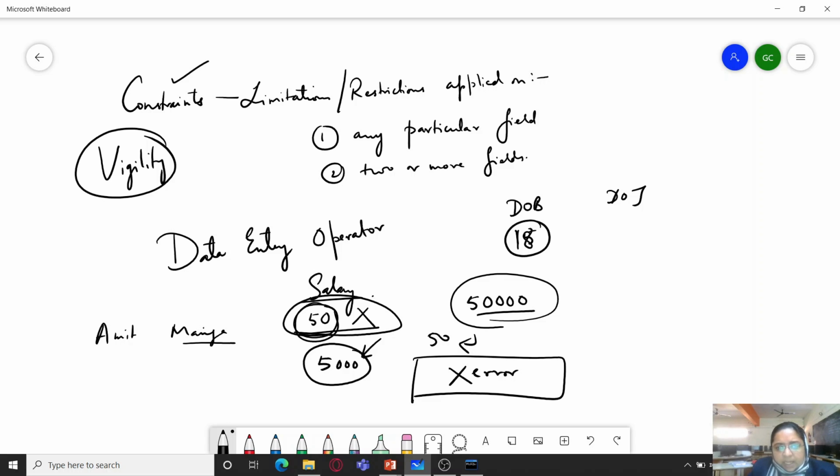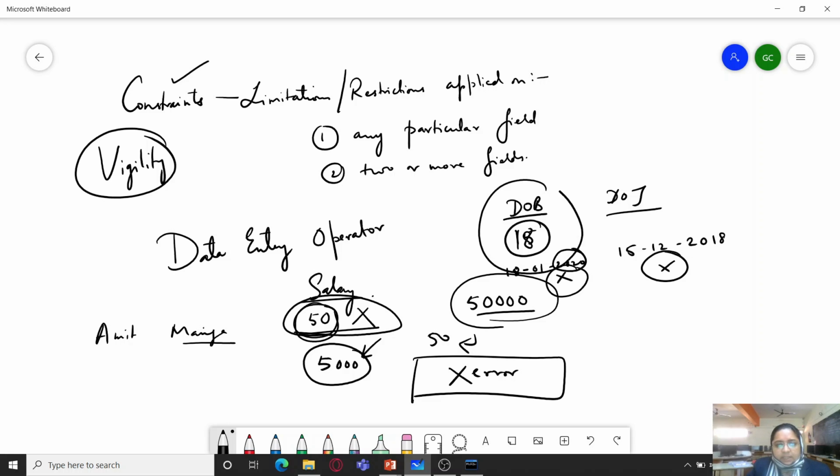Now, it might happen that somebody enters the date of joining as 15th December 2018, and the date of birth entered is 18th January 2020, which is a very inconsistent situation. Because the year 2020 was going on, or we have started with 2021, by mistake sometimes people go with the flow and they might enter 2021. So that is again an error.